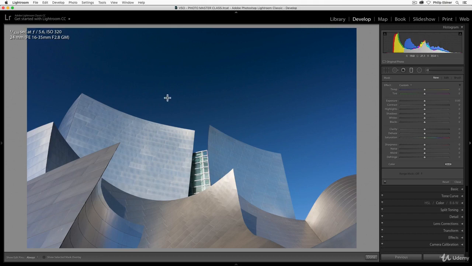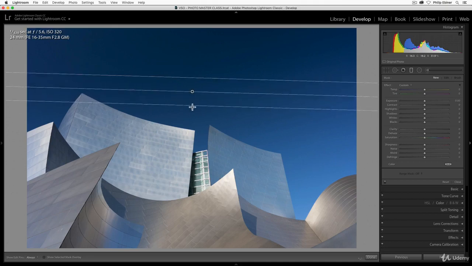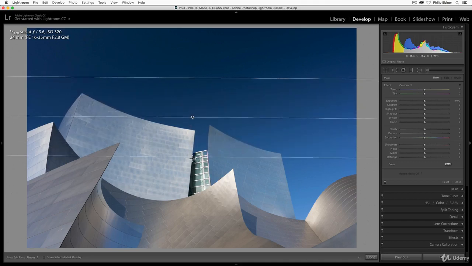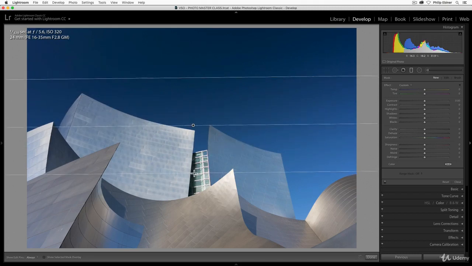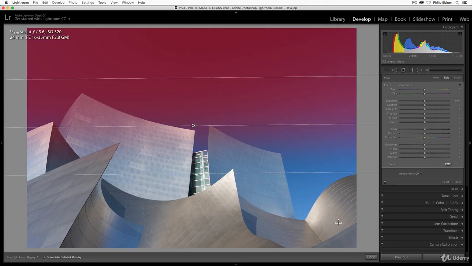Think of this as a filter that allows you to edit one half of the image or one part of the image, either the top, the bottom, the left, or the right. When you hover over your image with this tool, you have this little plus sign. Clicking and dragging will create these three lines that will create this filter. So if I do this, it's better if I just show you what's happening and I let go. Nothing has happened yet. I can check this box down here, show selected mask overlay, to show me the selection that I will be editing.